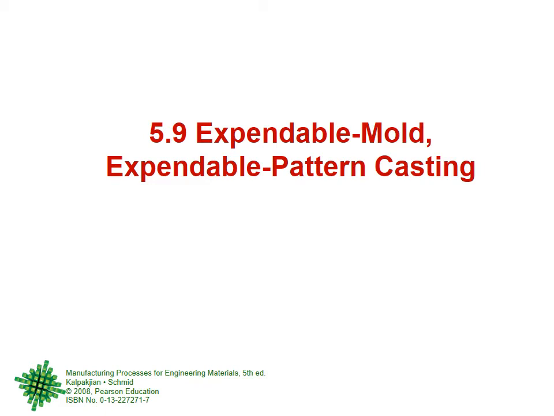Now the second category that we are doing, only a few types will be there. The mold is still expendable, but the pattern is also expendable. The pattern also will not be reused. The pattern will not be used again. So there are only a few methods in this, but remember that the mold is gone and the pattern is also gone. So both mold and pattern are to be made again and again. One mold, one pattern, one casting. For the second casting, another mold, another pattern, and so on.